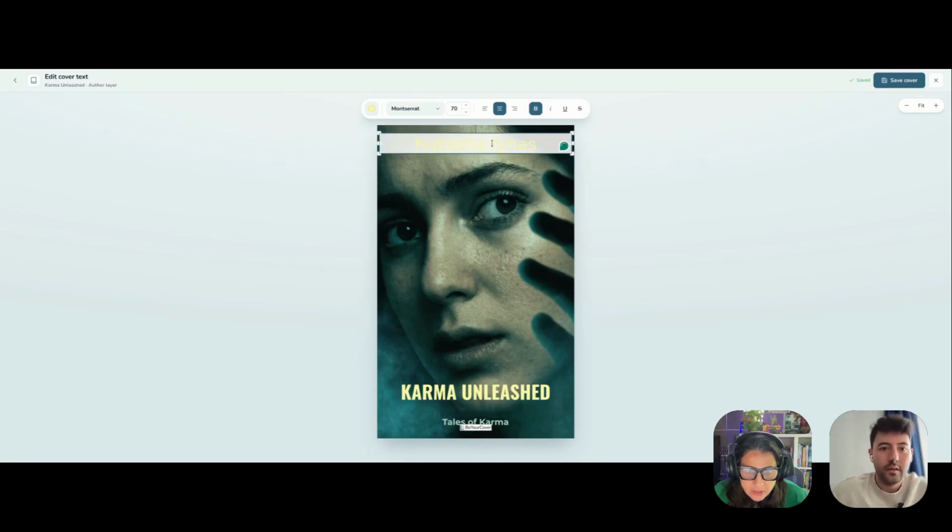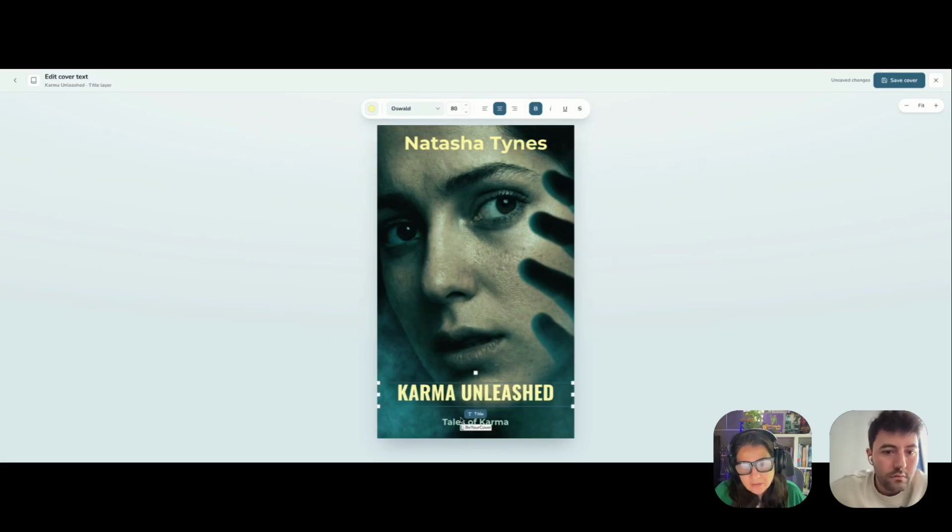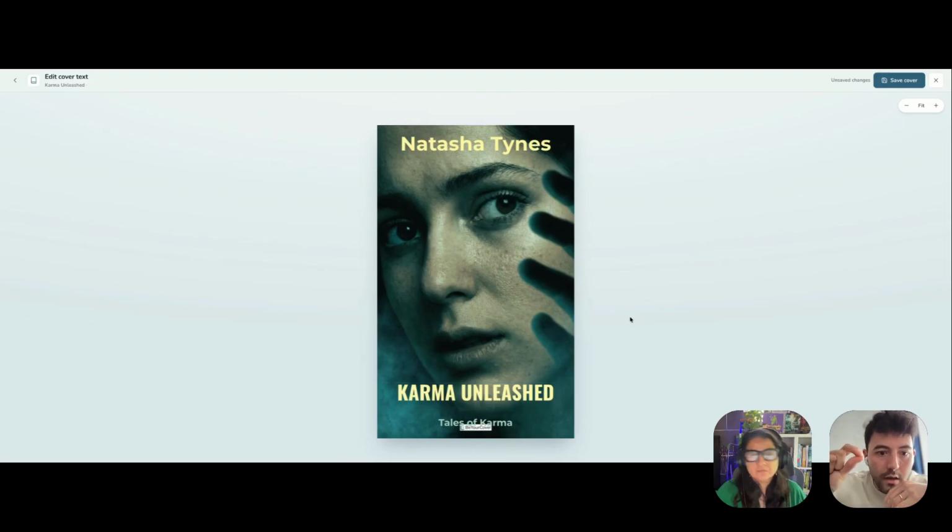Okay, so I want to make this capital. And then I can change the font also on the top. You see there's a place here where you can change the size. You can use different fonts. Does it suggest colors? In this case, I don't remember if here we suggest color. If you click on the top left button, the bar that says Oswald and 80, if you click on it, okay, so I like the cover.